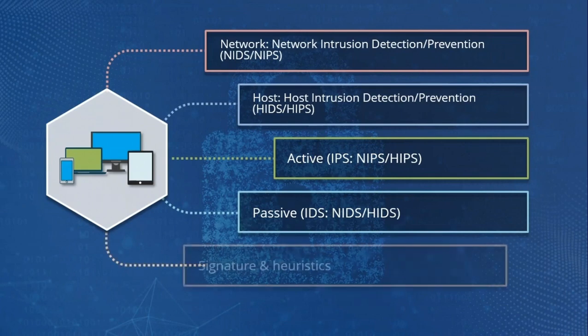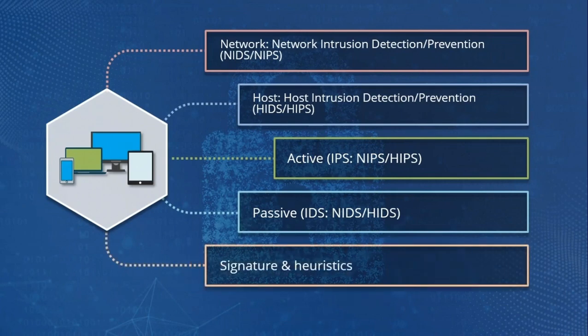Now, the way they work is a combination of signature and heuristics, much like antivirus. They have attack signatures that tell them this is definitely an attack. But then they look at behavior, network traffic, and they compare it to some rules that are configured for them, and they see if that behavior appears to be illegitimate. For example, a sudden dramatic spike in network bandwidth could be a distributed denial of service. It could be a large exfiltration of data. Of course, it could also be an anomalous high amount of legitimate traffic. That's where we get back to the possibility of false positives.